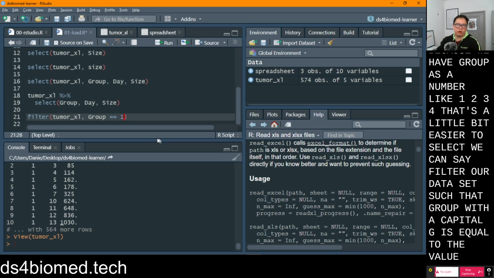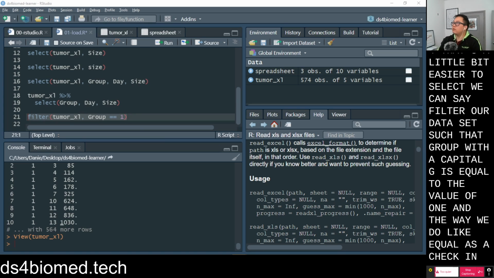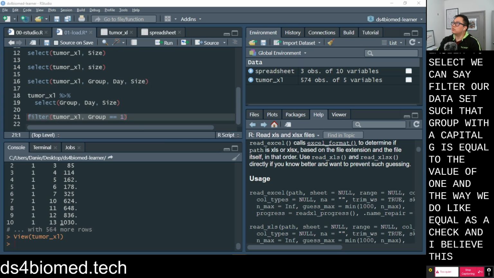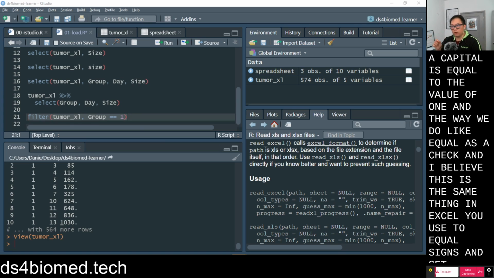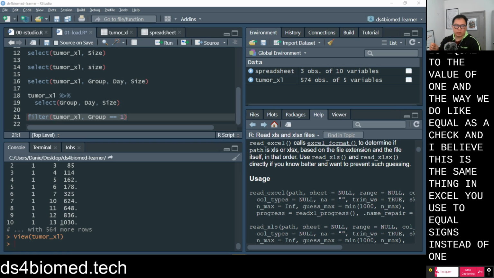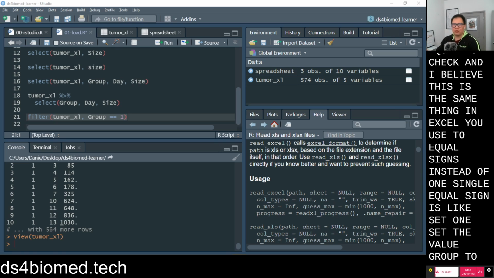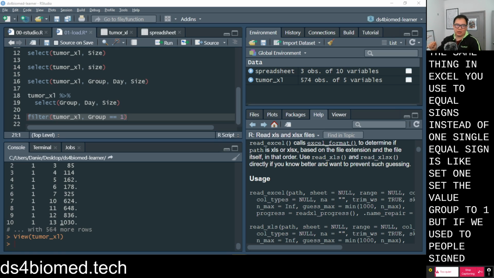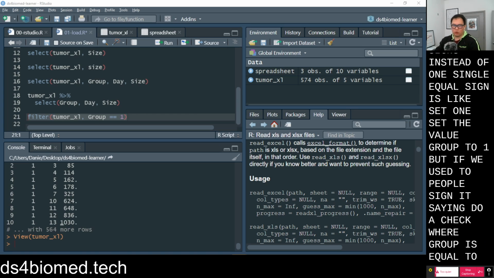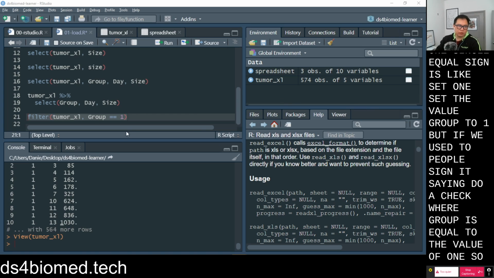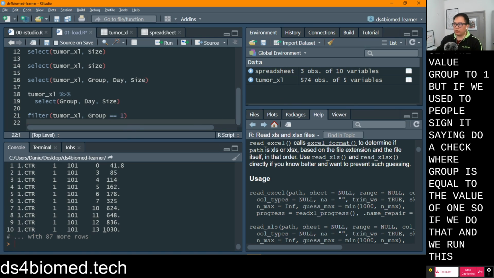the value of 1. And the way we do equal as a check, and I believe this is the same thing in Excel, you use 2 equal signs instead of 1. A single equal sign is like set the value group to 1. But if we use 2 equal signs, it's saying do a check where group is equal to the value of 1. So if we do that and we run this bit of code,